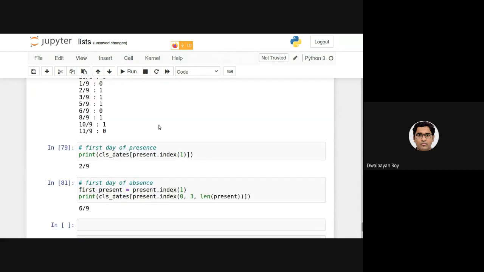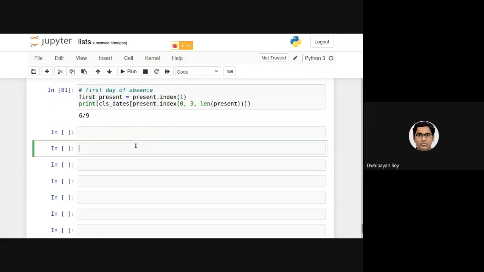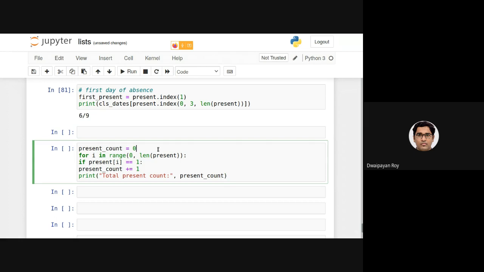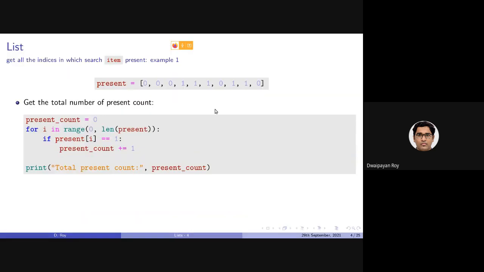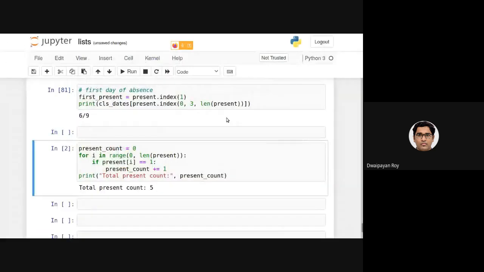So how to do that? I have copied this, which will give us how many days in total the student was present. In this case, as you can see, it will be 5. What I am doing is looking for when the item in the ith index is 1.